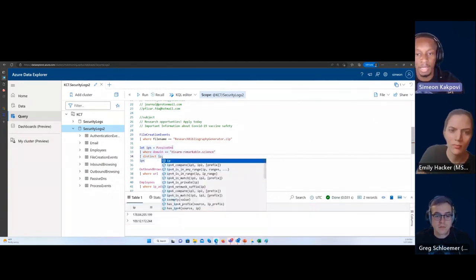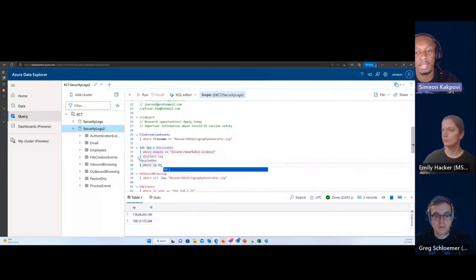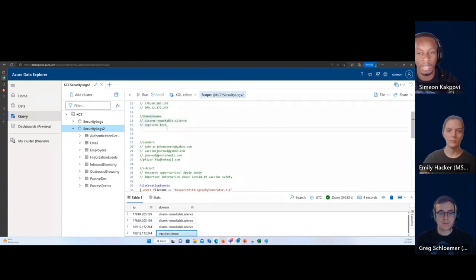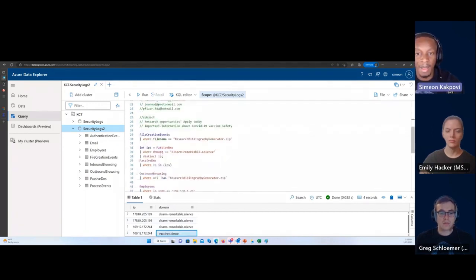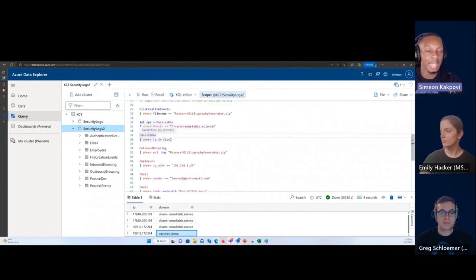Distinct IP, and then I'm going to go back into the passive DNS table where IP in IPs to find additional domains. And here I find vaccine.science, which I didn't already have. And then one thing cool about passive DNS is I'm going to go back into the same data source and say, hey, are there any additional domains or IPs that I didn't know about associated with this?